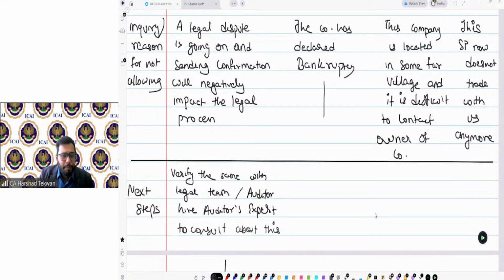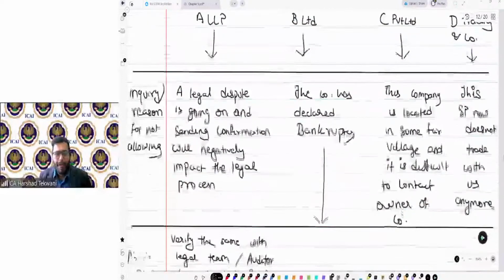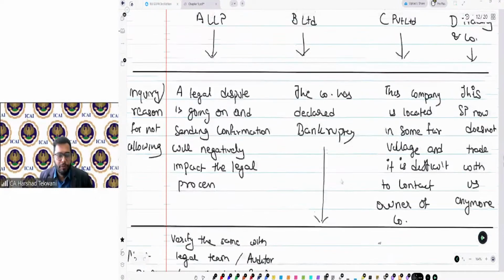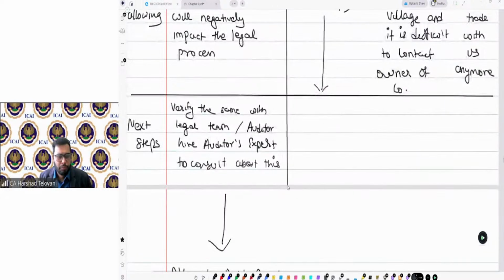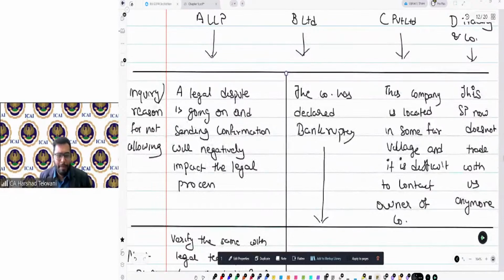What about this one? Bankruptcy. B Limited got bankrupt, insolvent. Management doesn't allow you to send confirmation because the company is now in bankruptcy. What will you do? B Limited, bankruptcy.